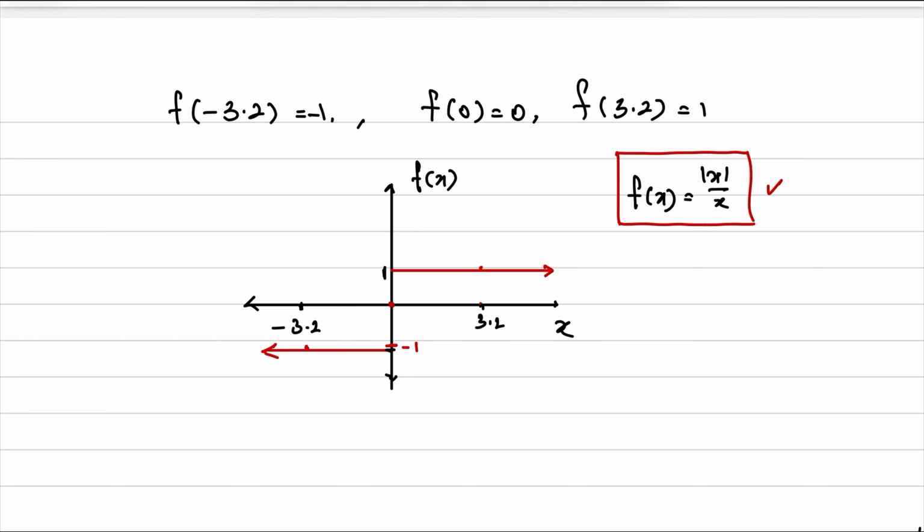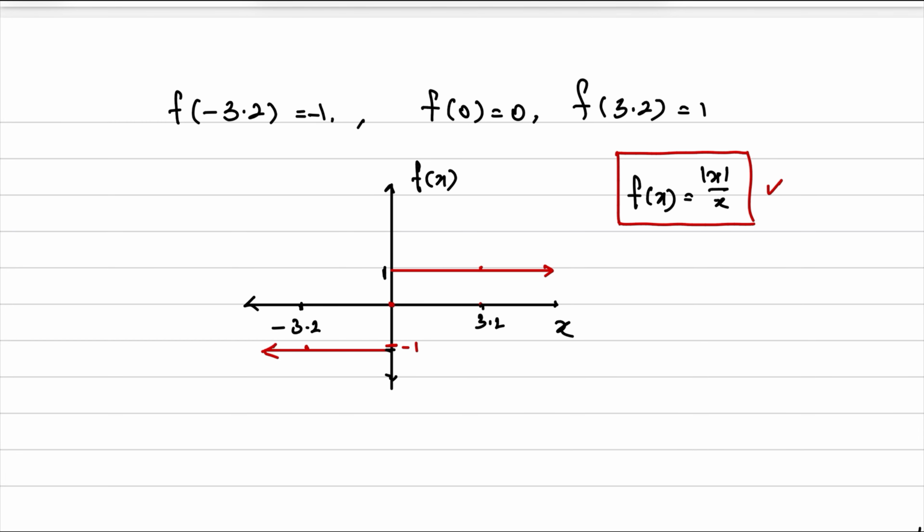Value is unity only, but for positive values it is plus 1, for negative values it is minus 1. Hence, it should have a value of positive on the numerator always. Otherwise, it is not possible to have negative values. And hence, it is written like this, function x is equal to modulus of x by x,